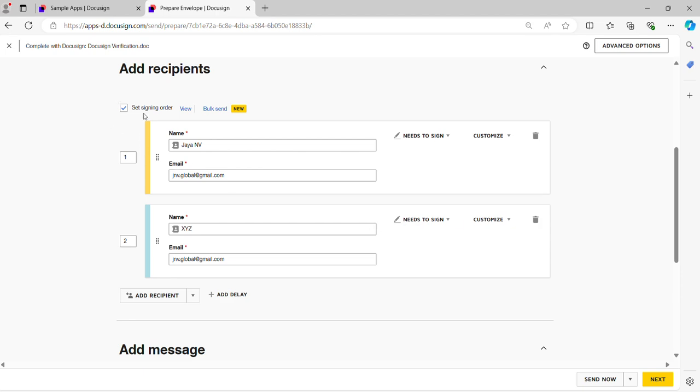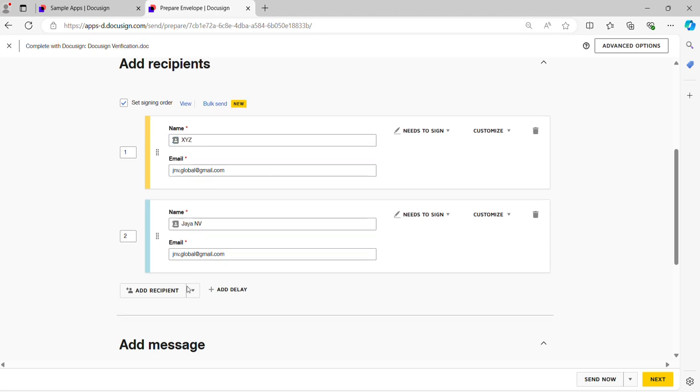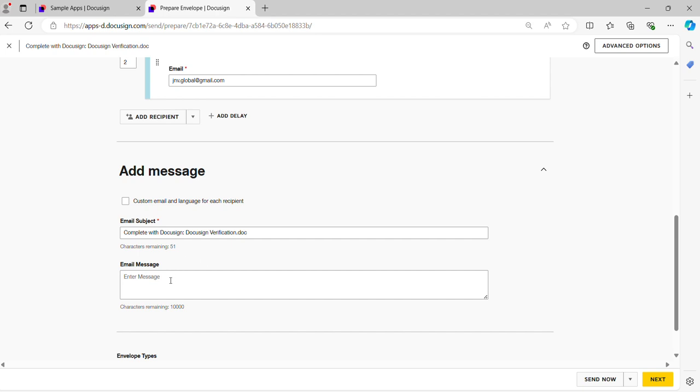So this is the set signing preference order. The reason I want to show this is if I set this one to 2 and this one to 1, it will take the sorting order based on the preference you are giving. So first it will send to this person XYZ, and then the second person, and they need to sign. So I'm just giving please sign,